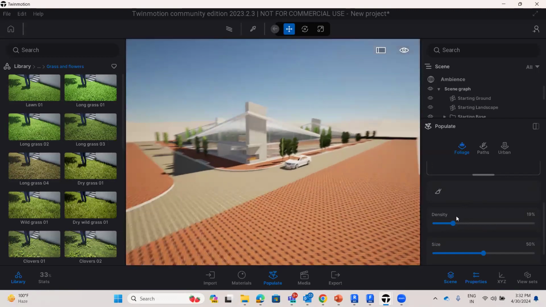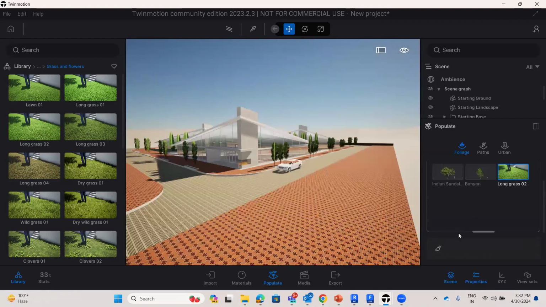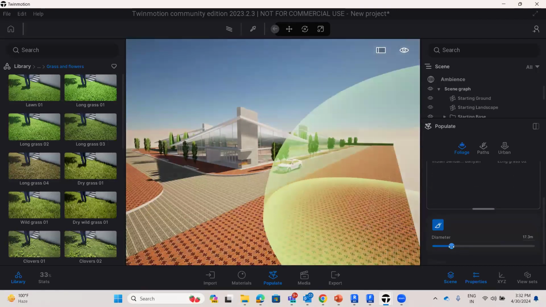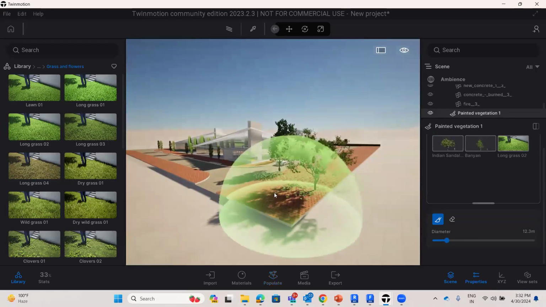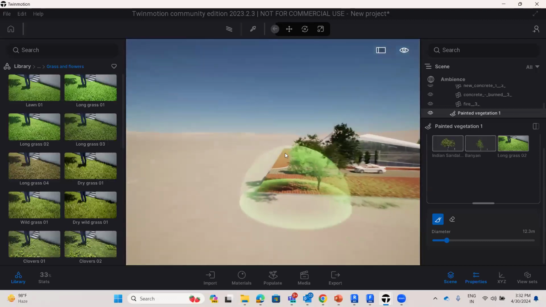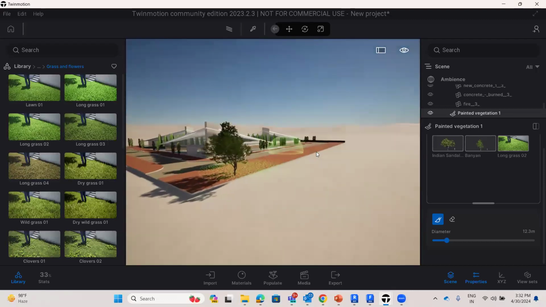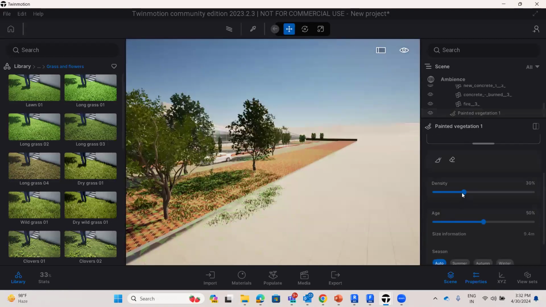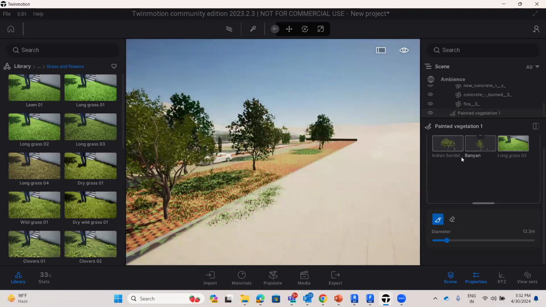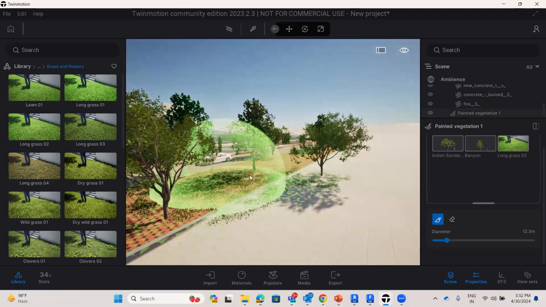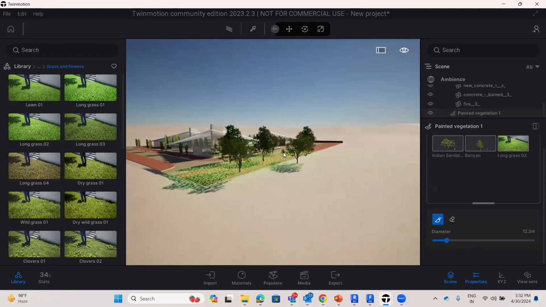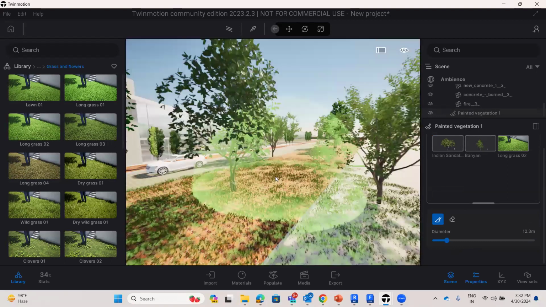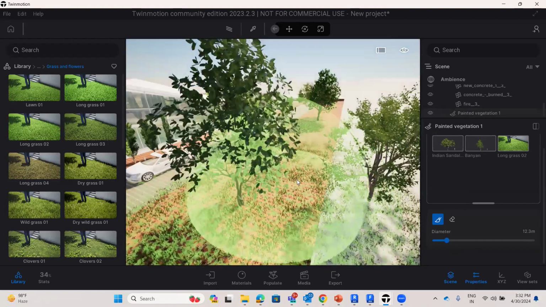So if I need to have this particular grass on a particular diameter, say this much area, I can do that. I can set it. Similarly, if I need a more dense area, I can set it accordingly. I can scatter those trees accordingly. So now I can do that in a particular confined space according to my workspace. So you can see if I just escape out of it and let me have